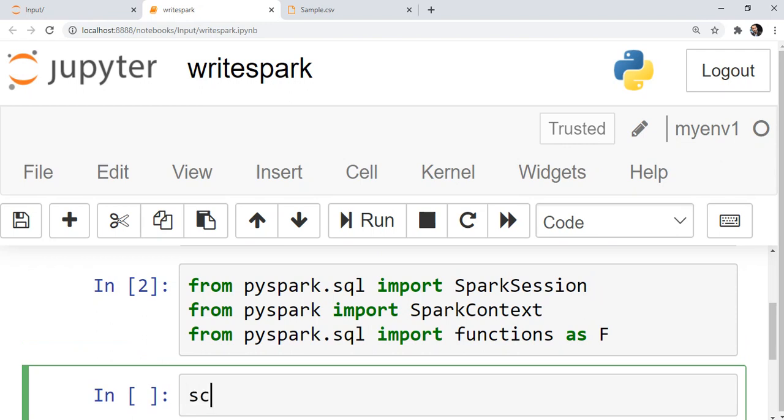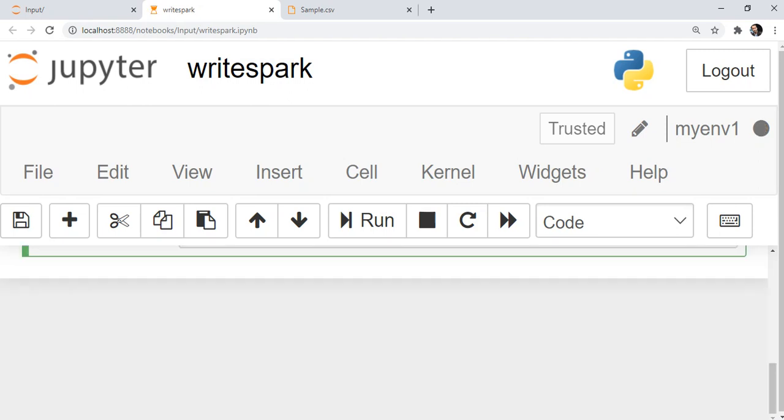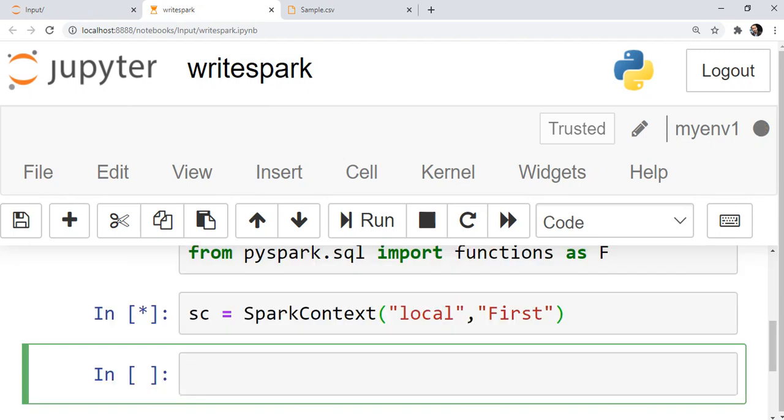Now we will create a Spark context first, which is the entry point to the application, and it will run on local, and I will give it some name. Let's see, it's running. If it is already created, it will not create another one, so it has to be unique per session.